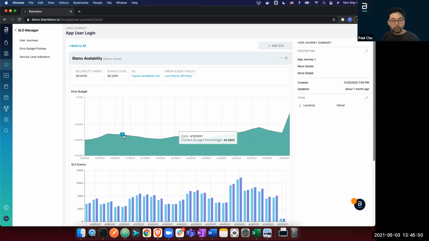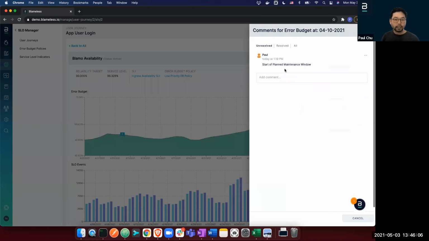Now, what you'll notice is that we have this little comment bubble, and this is going to allow you to annotate this error budget as you're moving forward and having these discussions. So, for example, if there was some sort of planned maintenance where you see your error budget depleting a little bit, this is a way for you to add those comments here to incorporate that,